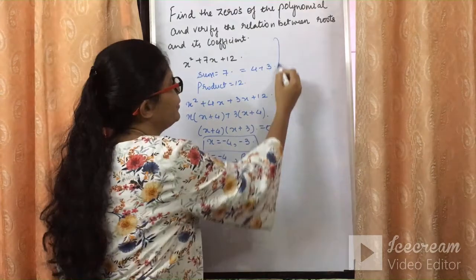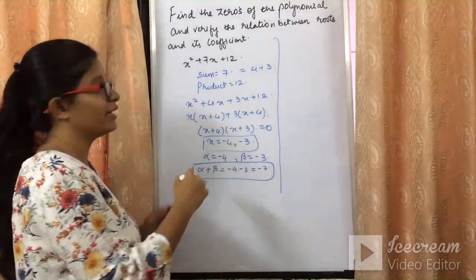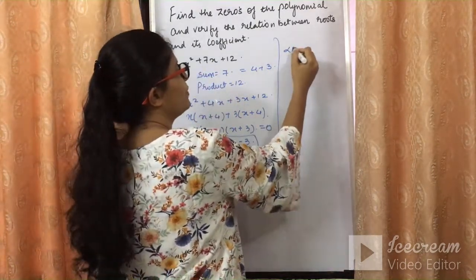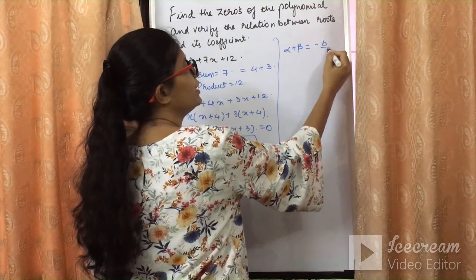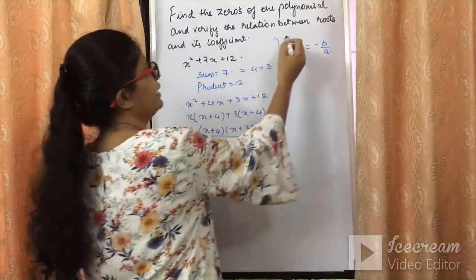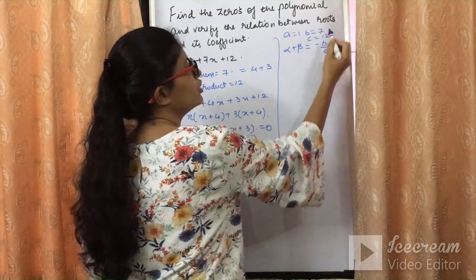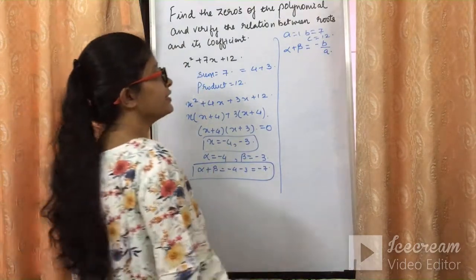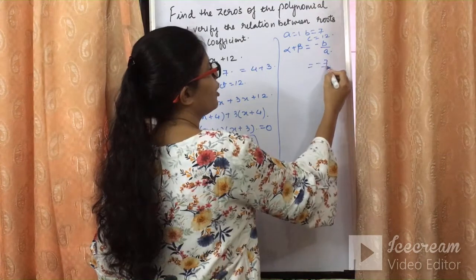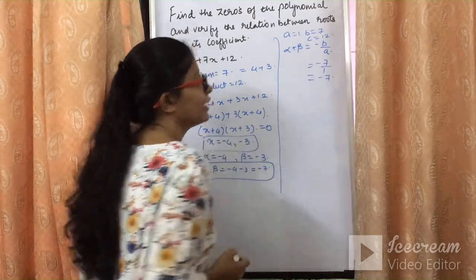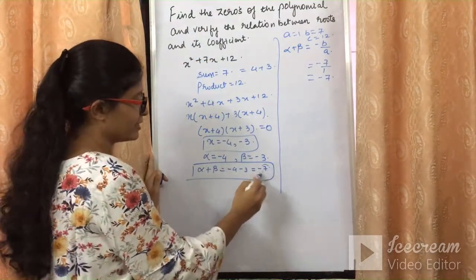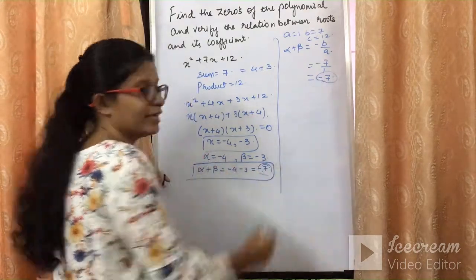अगर ये रूट्स नहीं भी निकाले होते तो जैसे हम पिछले सब में कर रहे थे, क्या हम डायरेक्टली इक्वेशन से अल्फा प्लस बीटा निकाल सकते हैं? माइनस b अपॉन a. What is a in this? a is 1, b is 7, c is 12. So can we take out the sum? The sum will be minus 7 upon 1, which will be minus 7. Can you say that ये जो इधर से सम आया minus 7 और ये minus 7 सेम है?